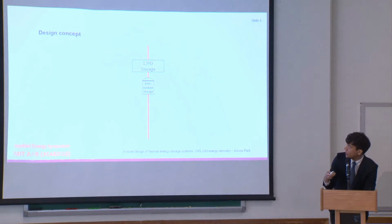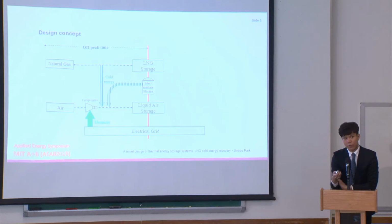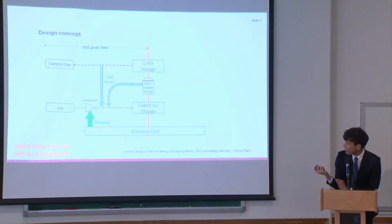And I'll introduce the design concept of this research. From the LNG storage to natural gas, in off-peak time where electricity demand is lower, the cold energy of LNG is transmitted to liquefy the air. So there is surplus electricity to get the air liquefied. It is compressed using electricity, and it's liquefied by using the cold energy of LNG. So it is stored in liquid air storage,